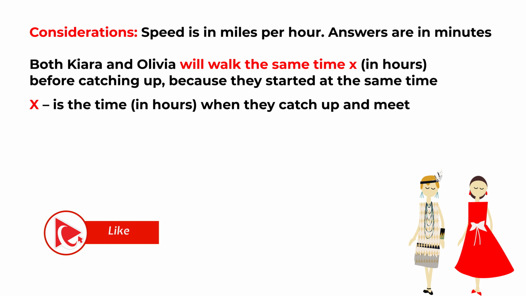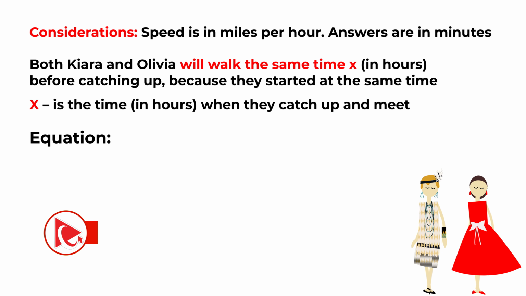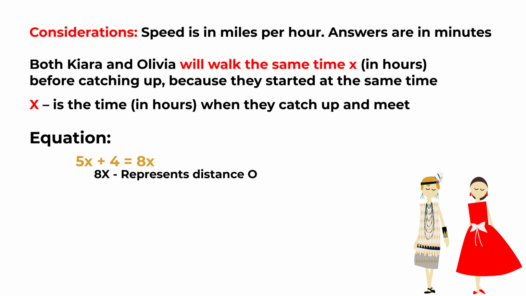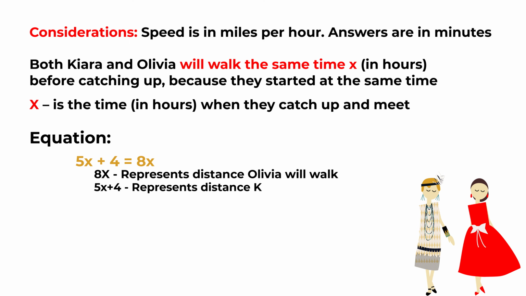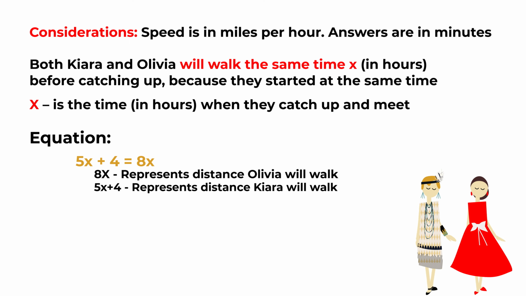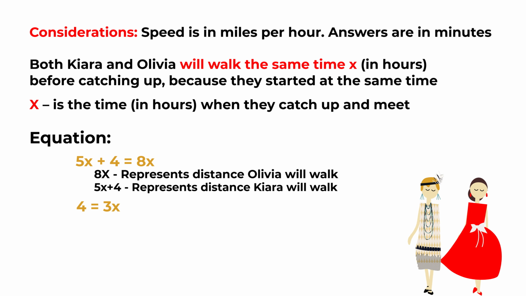To solve this challenge, we need to build an equation. 5x plus 4 equals 8x. 8x represents how much Olivia will walk, and 5x plus 4 is representing how much Kiara can walk. And the starting point for this will be starting point of where Olivia starts, since Olivia starts 4 miles behind. So if we simplify this equation, 4 will be equal to 3x, and x will be equal 4/3 or 1